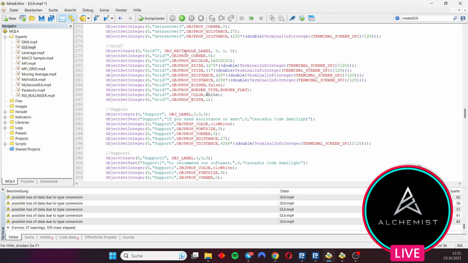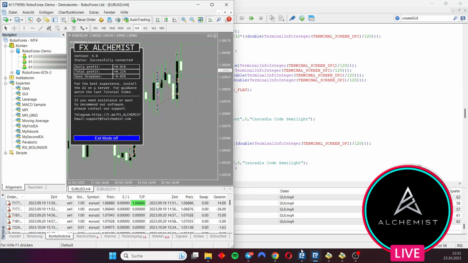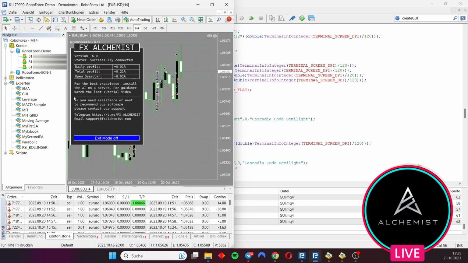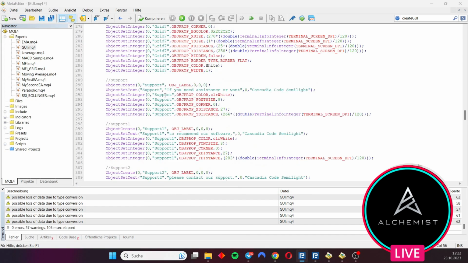Here again, we have a rectangle label because that's a new grid. Basically this one here, the line to separate and to make sure it looks good. This time you can see the size is 270 and 1. The rectangle is squeezed together to show only a line. You could also do that with a line, but the regular lines are always, you see, from the beginning to the end of a chart. Therefore we cannot use it. Therefore, we have to use a rectangle, but just a flat one. Okay, then again, some text,